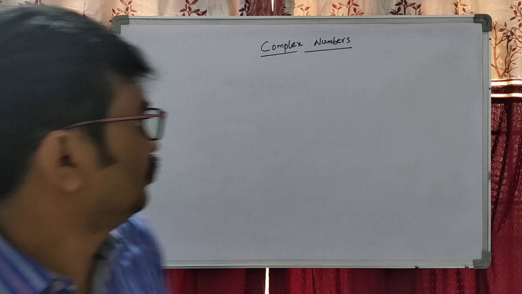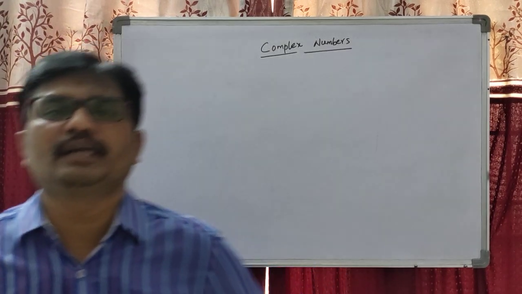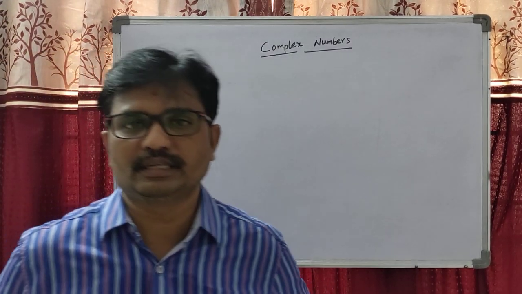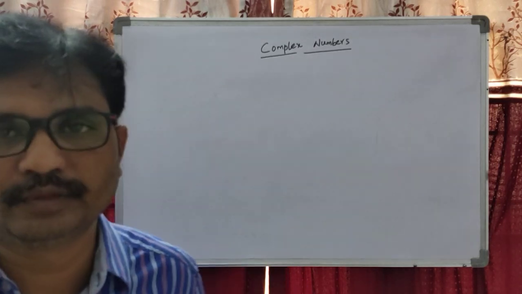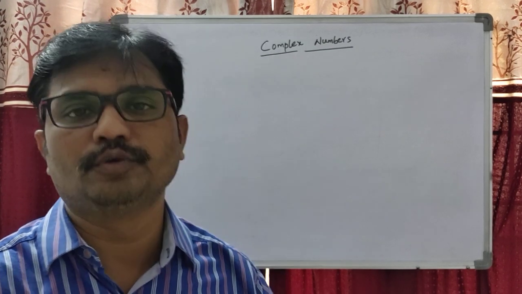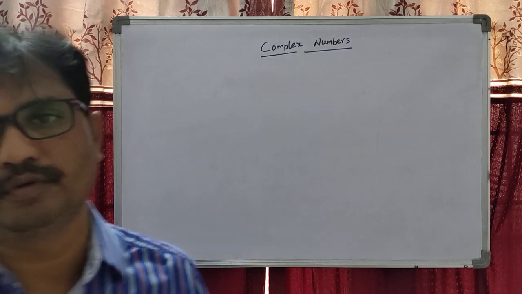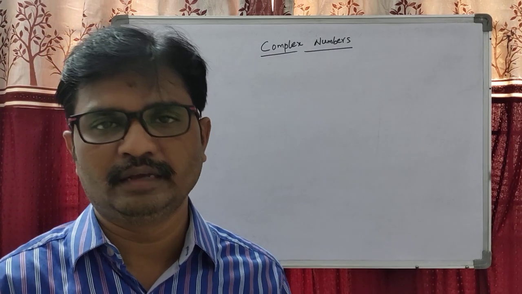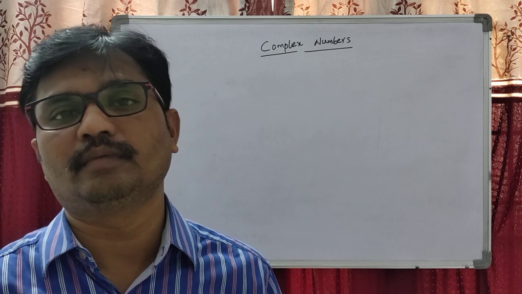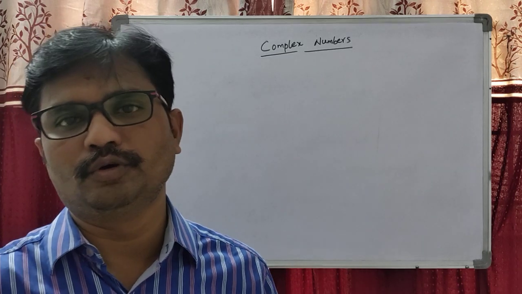Right now, about complex numbers, we know about them from the lower classes. First, the natural numbers. What are the natural numbers? They are 1, 2, 3, 4, 5. Whole numbers begin with 0: 0, 1, 2, 3, 4, 5. The integers are minus infinity and so on, minus 3, 2, 1, 0, 1, 2, 3.